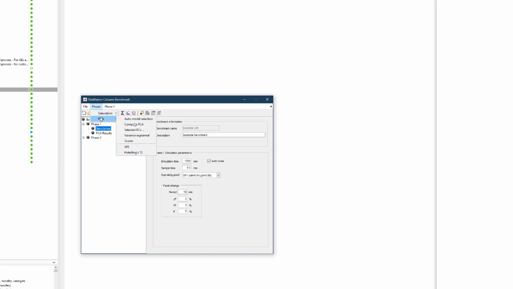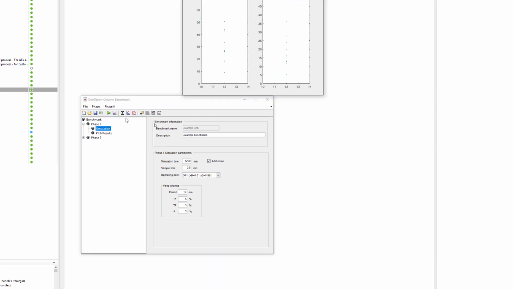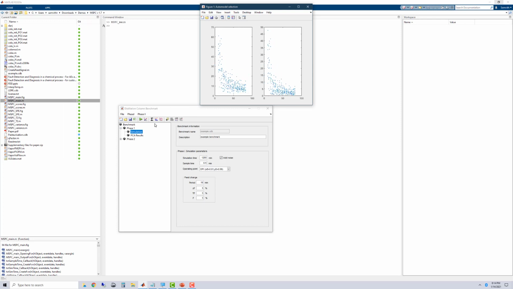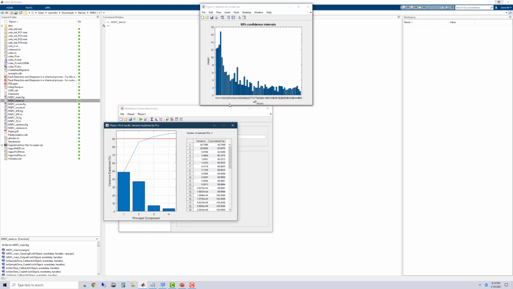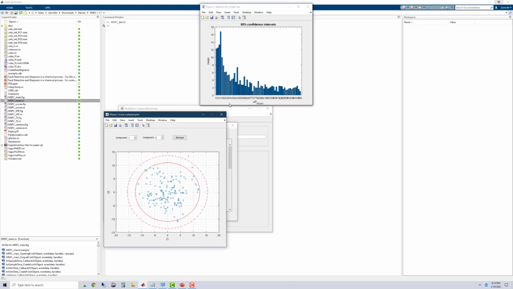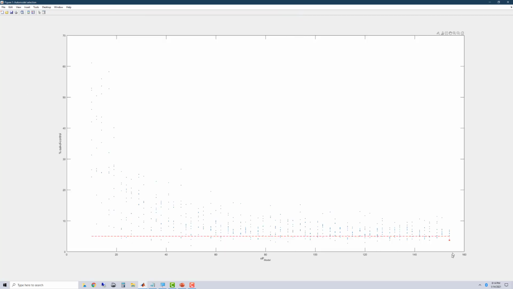So if you click on PCA and auto model selection, the entire process, the entire algorithm that I just showed you before is being done over here. So once we see that it has finished running through this process, we can see the end result of this algorithm. And that is demonstrated by the red star over here. So this is telling me that you can create a model that is representative of the entire 1200 data points by instead using a much smaller data set of 154 points instead.